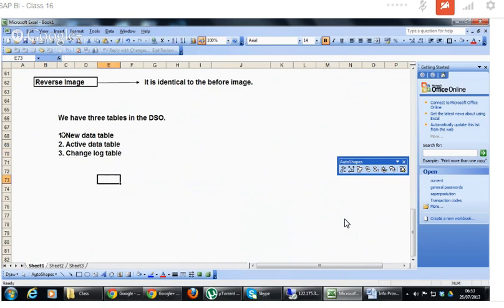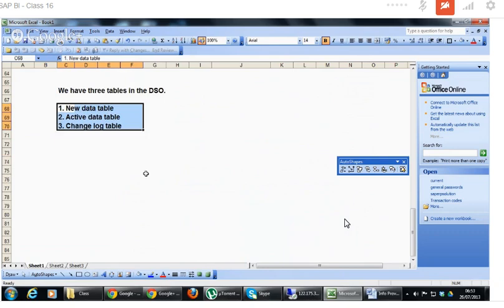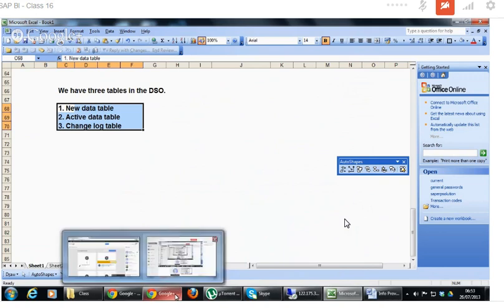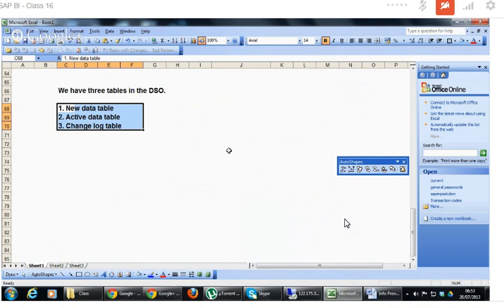So these are the three tables we have in DSO. What happens is, when you load the data to the DSO, just as we have seen, before it is activated, before the number is generated for the DSO request, it will be stored. The data will be stored in the new data table. And once the activation has happened,